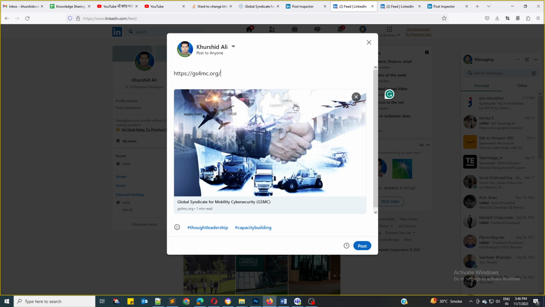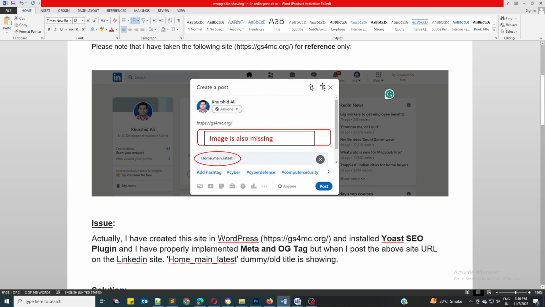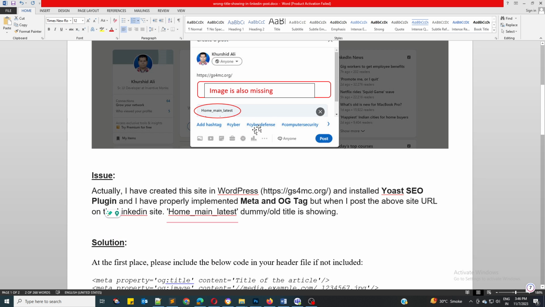Now you can see the image is properly visible and the updated title is showing. Before doing this, it was looking like this, as you can see in the attached screenshot. So you have two options.